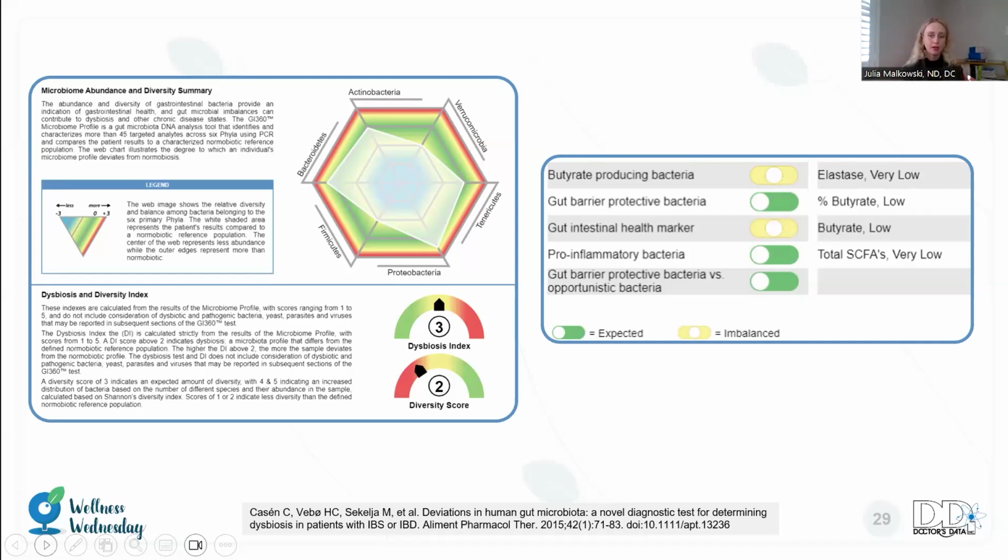The next column there is independent of the first pieces of information. The first piece of information we discussed is about the patient's microbiome. The second column is going to be those metabolites. Remember at the beginning of this conversation, we said the bacteria and their metabolites influence systemic physiology. This patient has very low elastase, so there's digestive issues. Their butyrate is too low, potentially leading to altered inflammation in the colon and systemic physiology. So their butyrate is too low, and their total short-chain fatty acids are low. Remember, we saw that diagram showing us that short-chain fatty acids do influence cardiovascular outcomes.